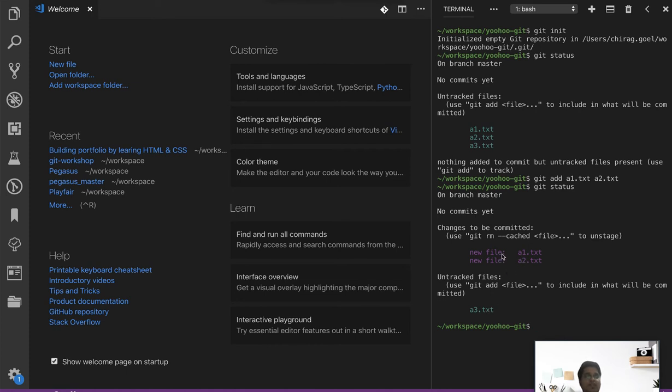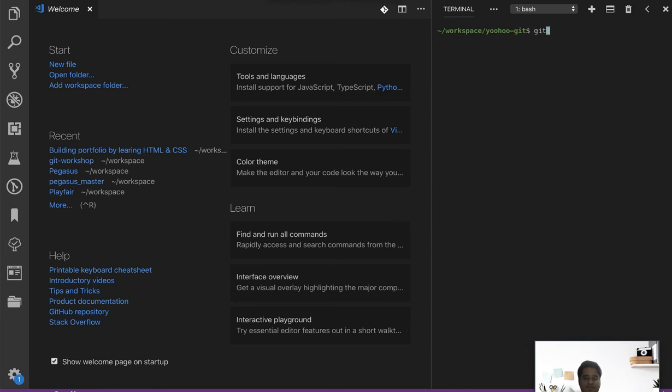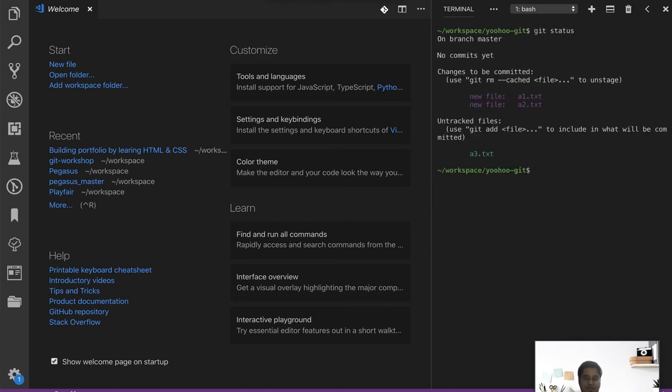If I want to create a commit, or basically you can say a pin out of it, that can be done, but only for the files which are in the staging environment. So let's quickly see that. Git status. Now I'm going to run git commit -m for the message, and let me say this is my initial commit.